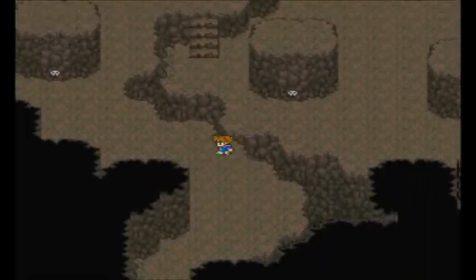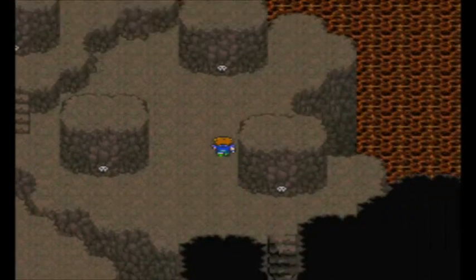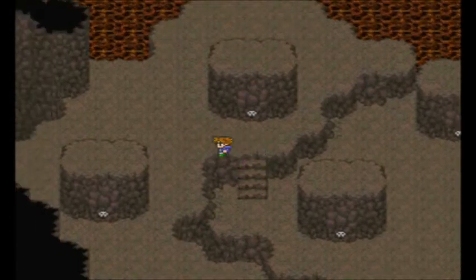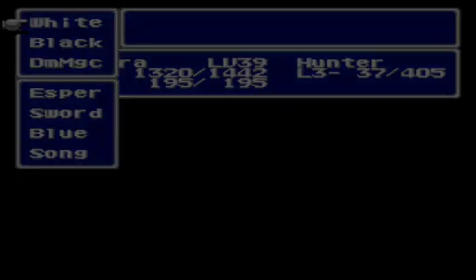Also, don't hit any of these switches. Yeah, they're all traps. Not fun. But you can hit this one. It'll open a little passage just up here to the north. Flame Ring. Yeah, the enemies aren't really too bad here, but a lot of them have like a